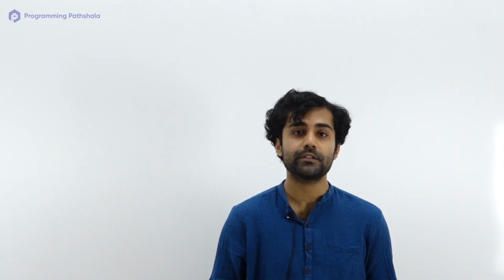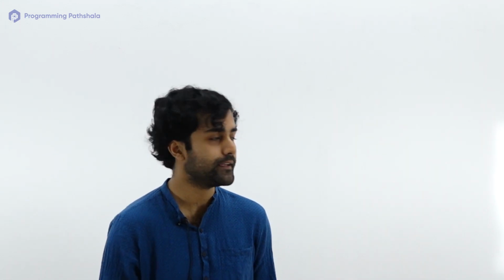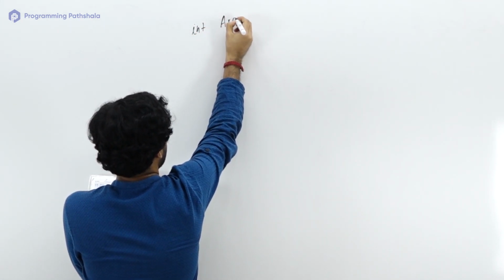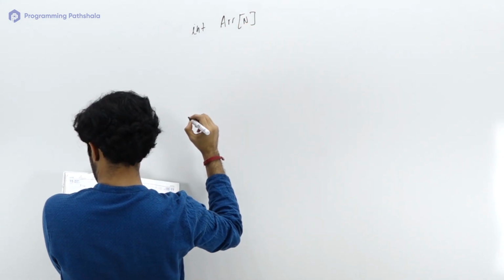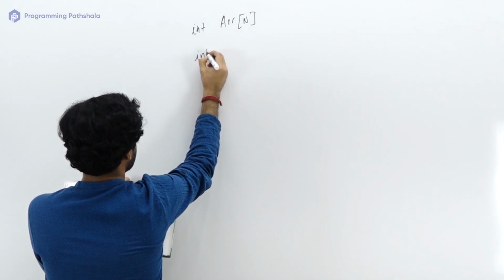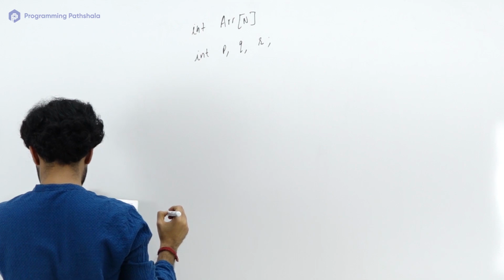Hi guys, so now we are going to do a problem based on the concepts that we have recently learned. So the problem statement goes like this. You have been given an integer array of size n, okay? And apart from this integer array, you have been given three integers which are, let's say, p, q and r,